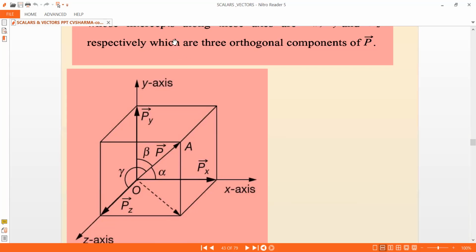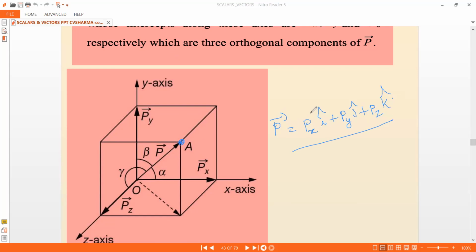Okay. This vector P bar is nothing but can be represented as px i cap plus py j cap plus pz k cap. Like this you can write, right? So what does it mean? It's like a location, which I explained in the earlier videos itself. So how do you locate a point in 3 dimensions? From that itself, this will come.